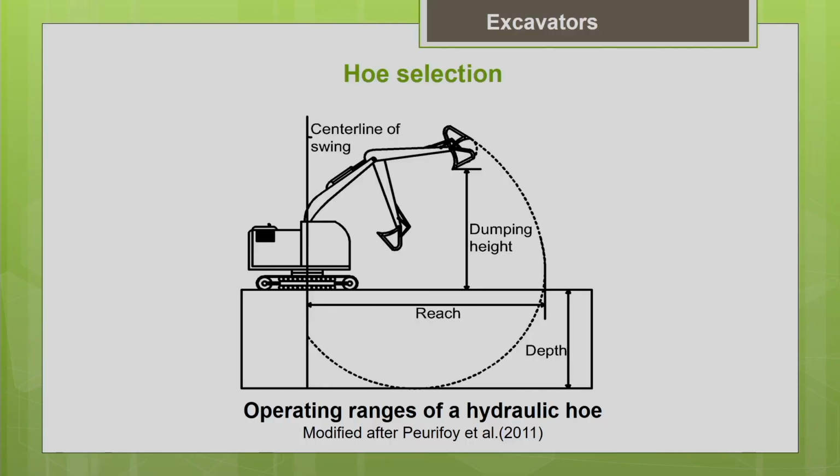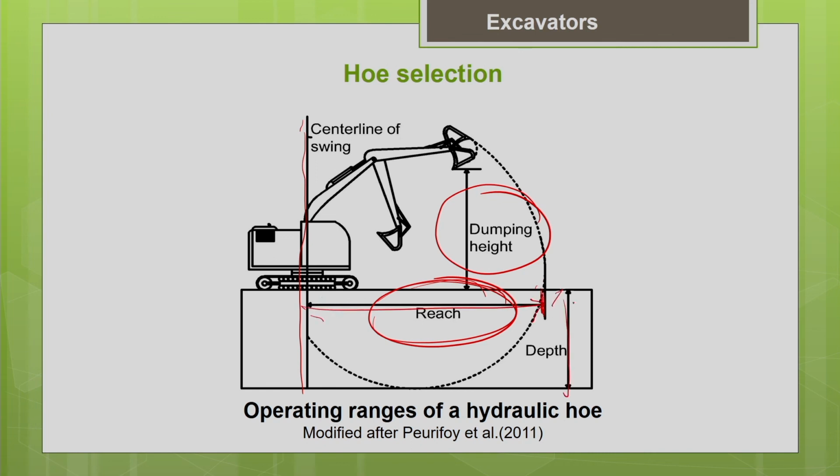As we discussed earlier for the front shovel, here also these are the important parameters which help you in the selection. What is the maximum dumping height possible with the machine? What is the maximum digging reach possible with the machine? When you completely extend your arms, you get the maximum digging reach possible, which gives you the working radius. It is nothing but the distance between the center line of the swing and the end of the bucket.